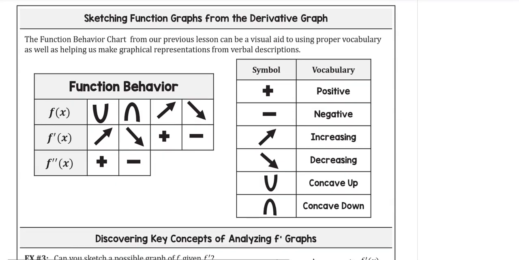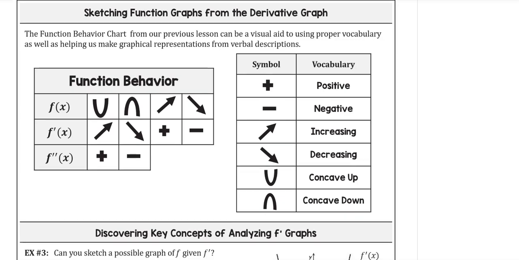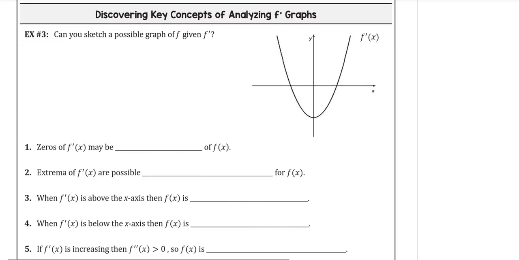Okay. At the top of the next page is just a refresher of some of the symbolism we used to help us figure out what is happening with the function, whether it's concave up or down, whether the function is increasing or decreasing, and whether the derivatives are negative or positive. So we're going to use a little bit of that in the next problem. So example 3 says that we are given the derivative graph of f,